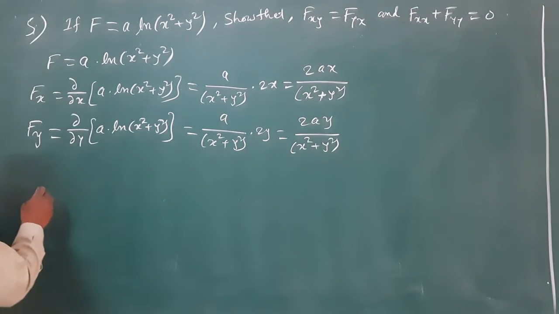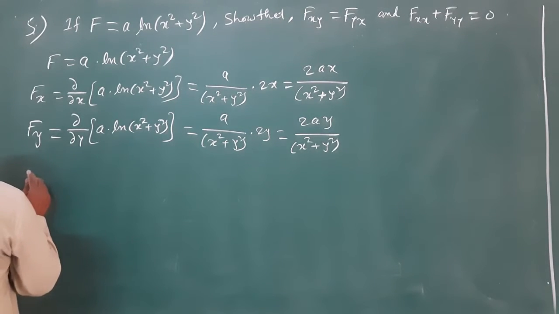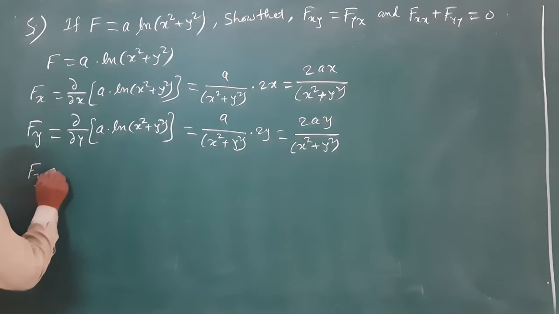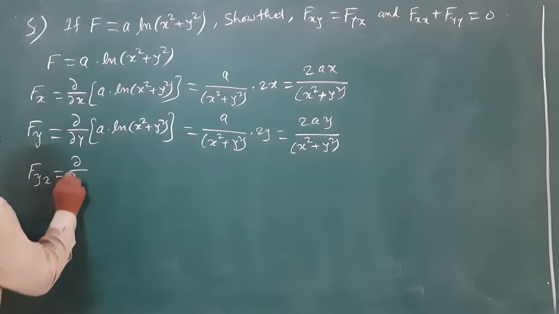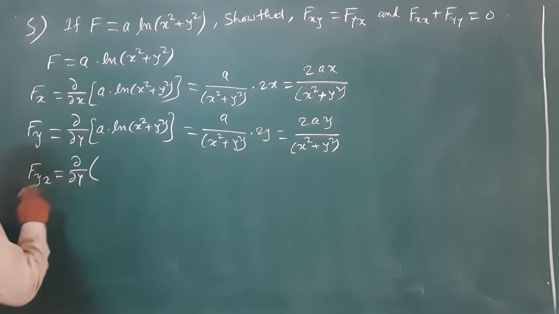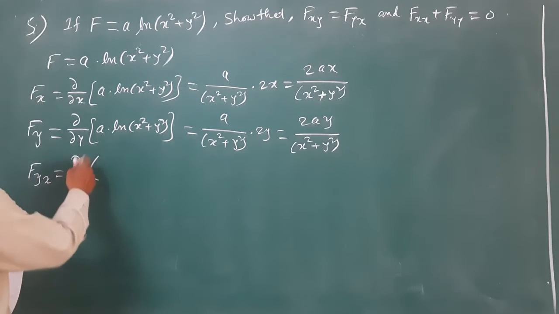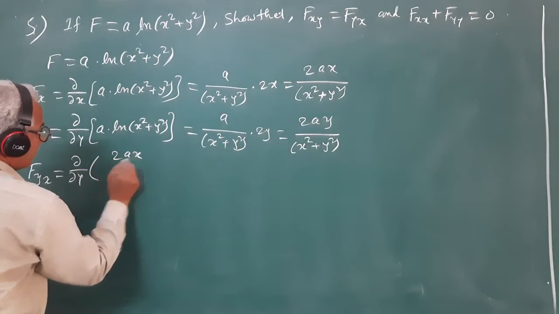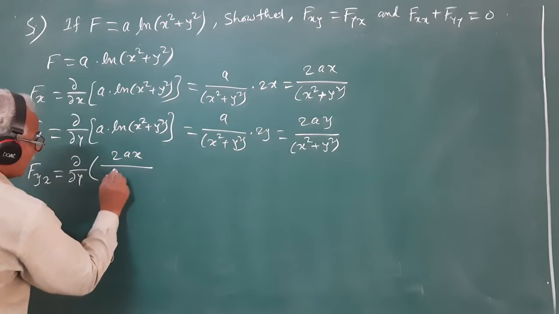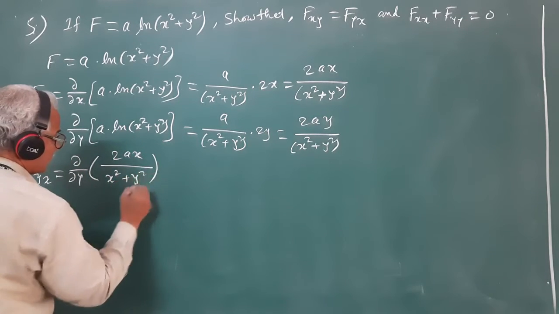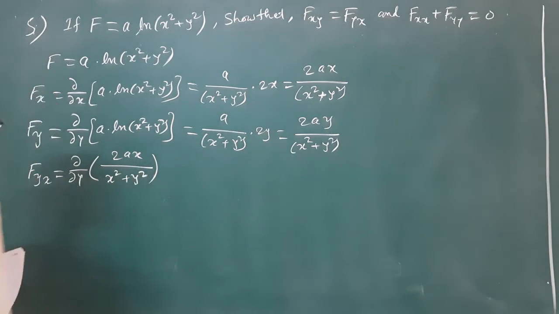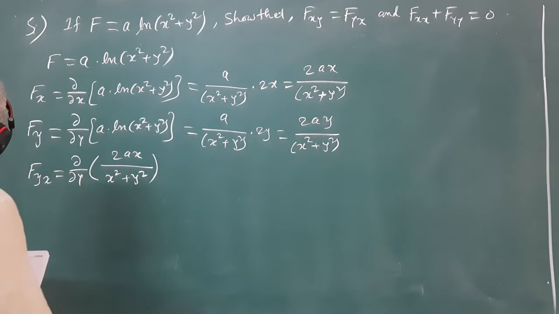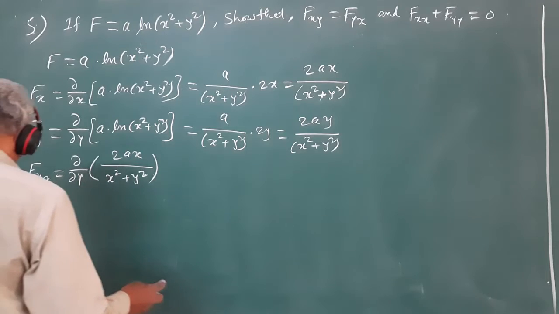So we get fxy, which will be equal to dou by dou y of fx, and fx is twice ax divided by x square plus y square. So differentiating this expression partially with respect to y, we get